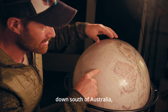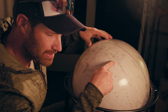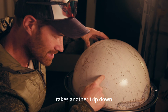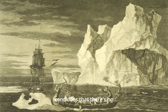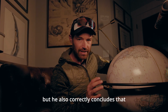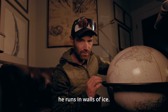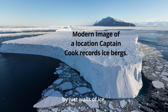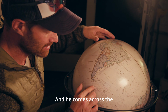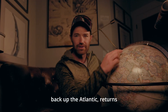And again, he comes down south of Australia, south of New Zealand, ends up coming back up into the Polynesians for a while, takes another trip down across the Antarctic Circle, concludes that there's no great southern continent, but he also correctly concludes that there is a southern continent that is producing all the ice because he runs into walls of ice. Every time he goes as far south as he can go, he gets turned around by just walls of ice. And he comes across the southern point of South America, back up the Atlantic, returns to England,